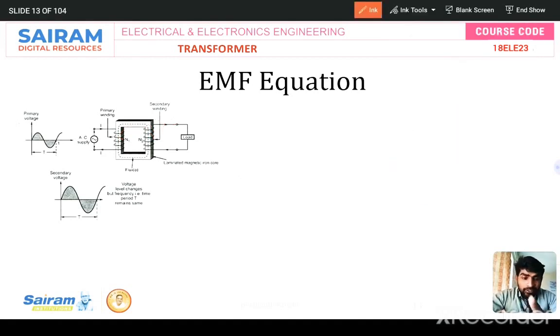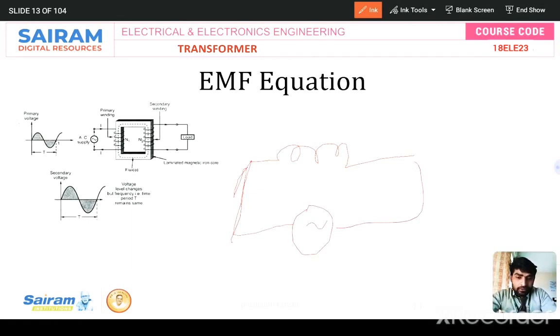Just consider one winding, okay, one conductor. When I twist the conductor around, I'll be giving power supply over here like single phase AC, okay. If you give power supply, you should change the current by using resistance over here. If you change the current, what happens? It induces flux and EMF, right? That is self-induced EMF.